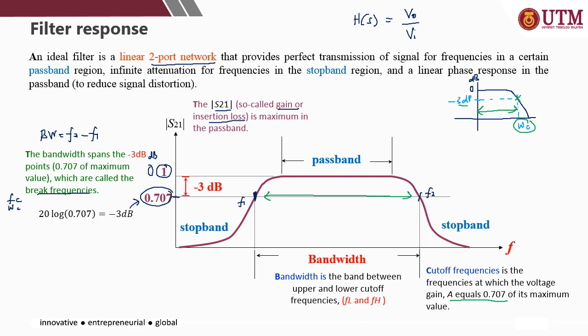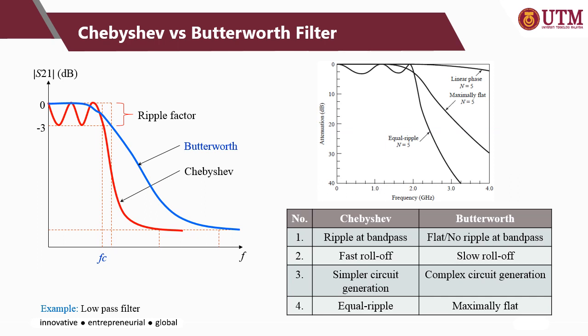Okay, so that's it. Depending on different types of filter, you will have different types of filter response. You can refer to the earlier slides where you can see different filter responses depending on the types of filters. Next, let's look at the difference between the Chebyshev and Butterworth filter response. The red lines represent the Chebyshev filter response,